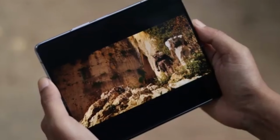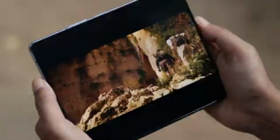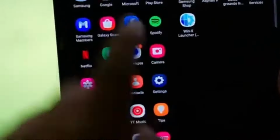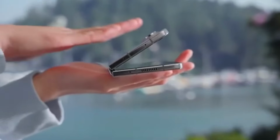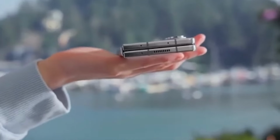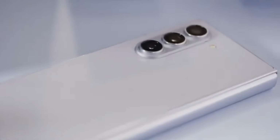If this is true, it would clear up some of the confusion we've seen in recent weeks about how many models Samsung is actually working on. It might just be 2. The Galaxy Z Fold 6 and the Galaxy Z Fold 6 Ultra. The Ultra, limited to Korea and China for now, would allow Samsung to gauge interest levels before potentially bringing it